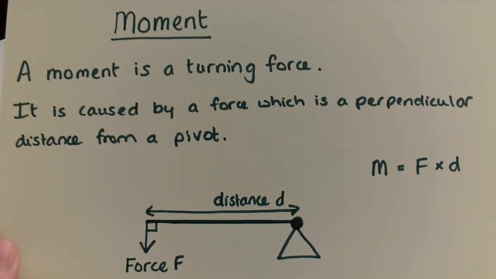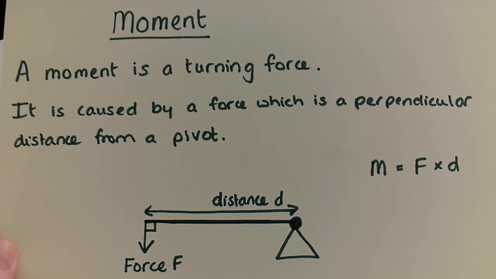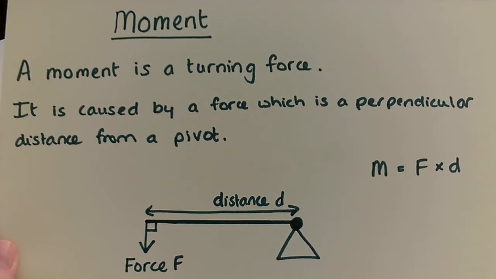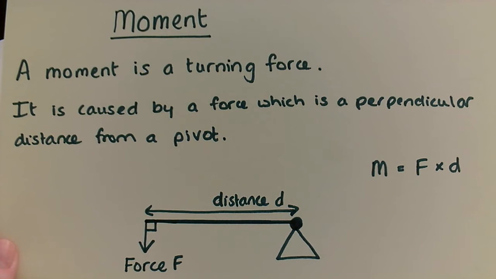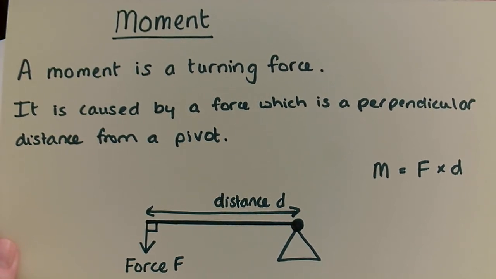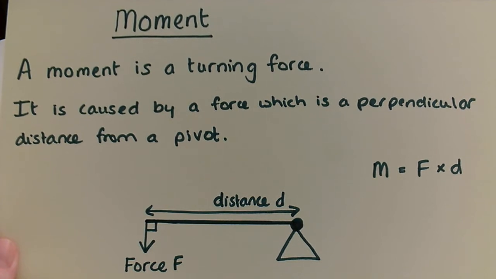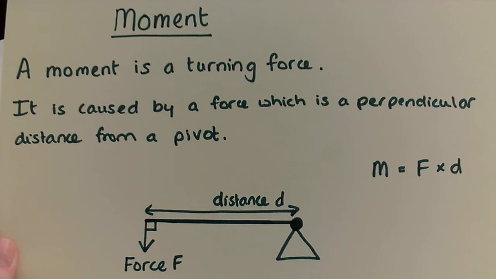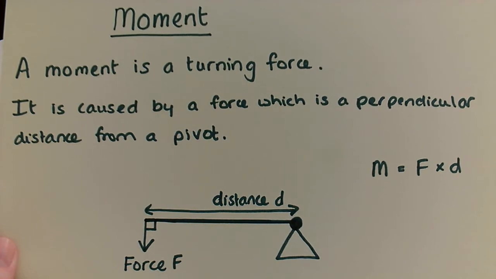In this video, I'm going to do a quick introduction to moments. So a moment is a turning force, a force that turns, and it's caused by a force which is a perpendicular distance from a pivot. So first of all, let's remember that perpendicular simply means at right angles, and a pivot is just a point that something turns around. So for example, if you open a door, that door turns around the pivot, which is